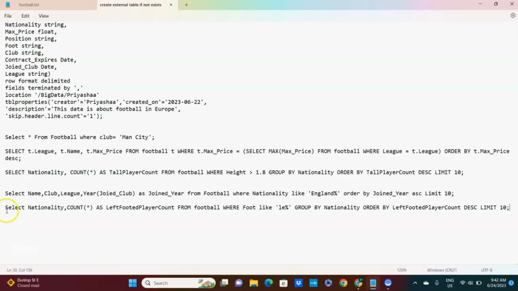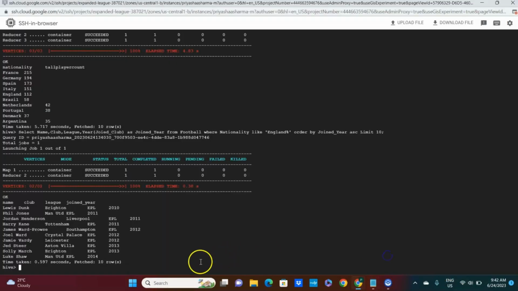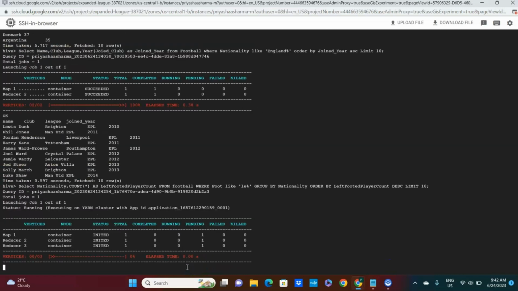So now here we are using nationality and count of all records as the columns to be displayed. The where condition consists of a like statement to search left-footed players, followed by a group by clause over the column nationality, and we sort the count in descending order. So now we'll copy this query and paste it here and then see what happens. So when we run this query,